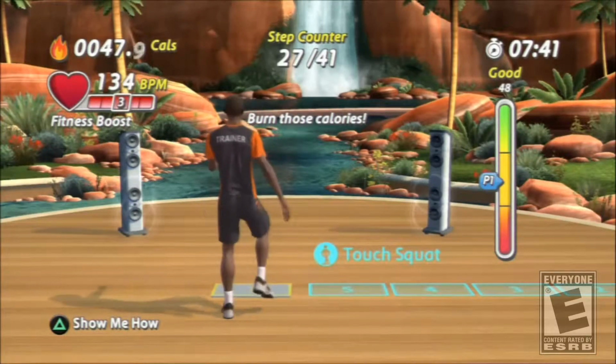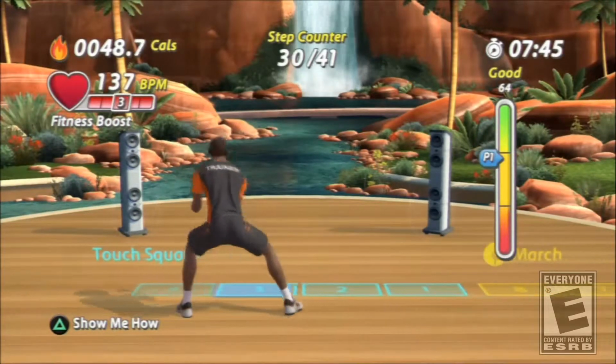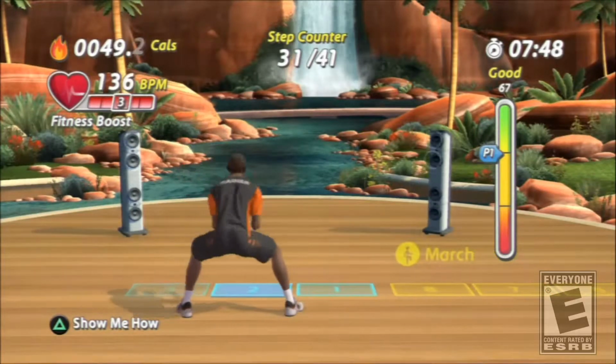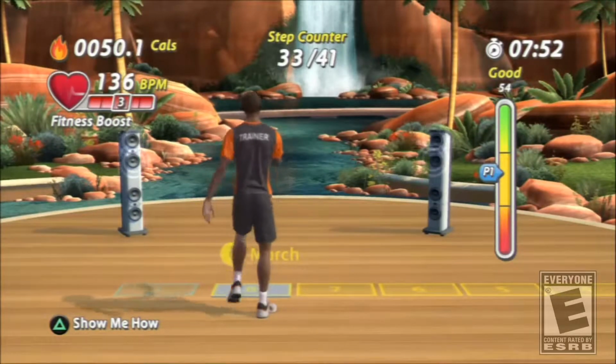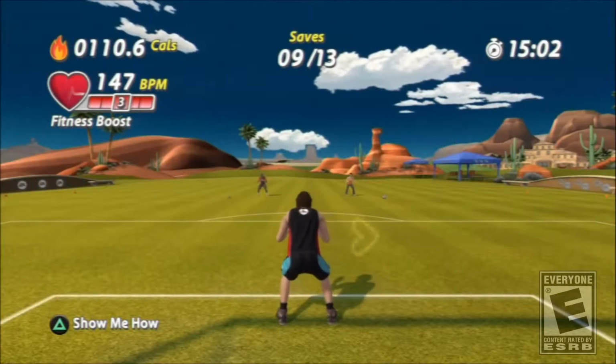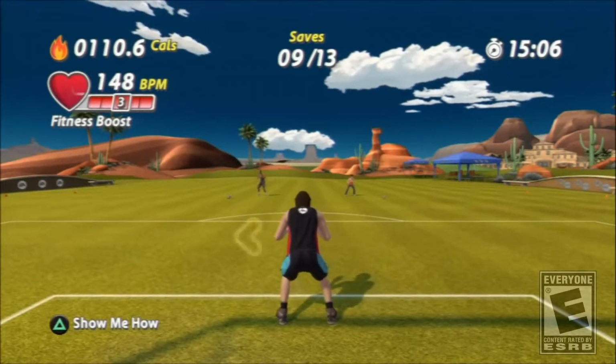Today we're taking a look at EA Sports Active 2. This comes at you for PlayStation 3, Xbox 360, Wii, possibly Wii U, but I'm not sure on that one yet. So how's it going to stack up? We'll find out. First things first, remember how every exercise game has its issue of trying to track whether you're doing